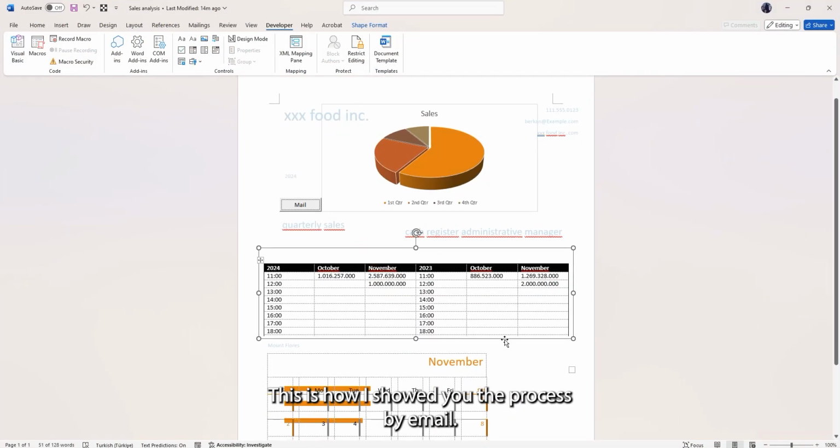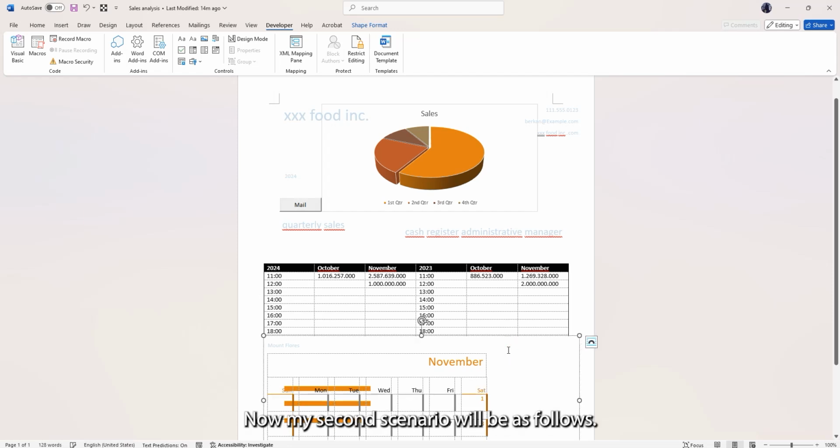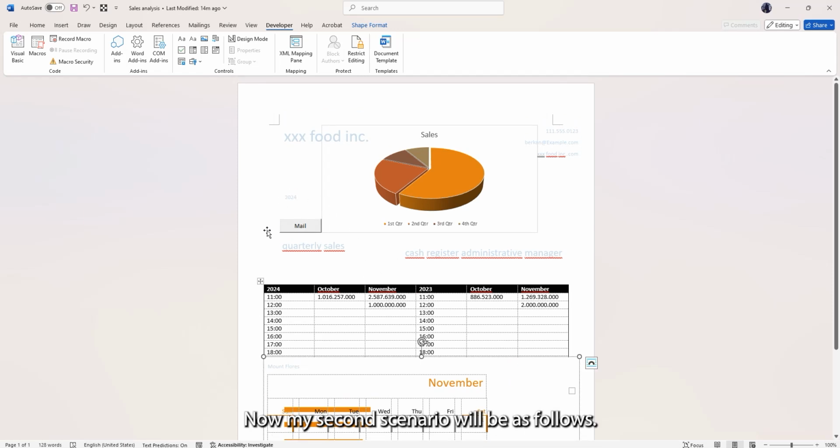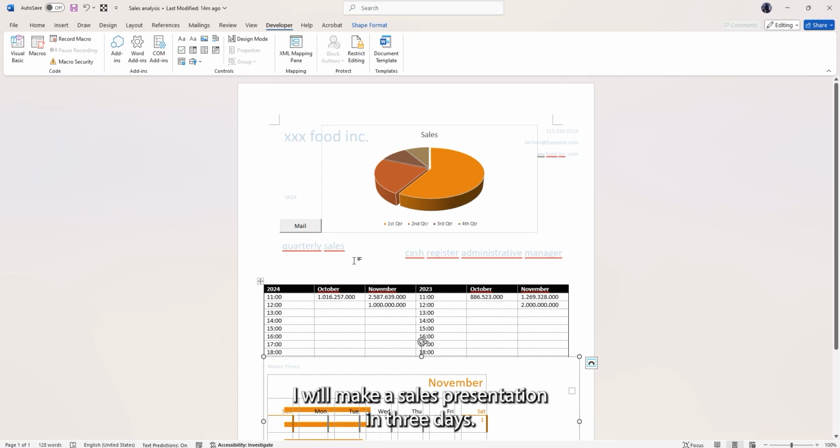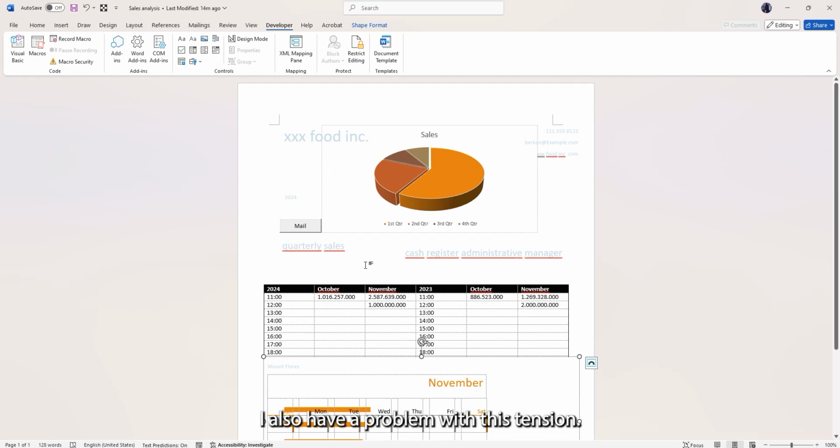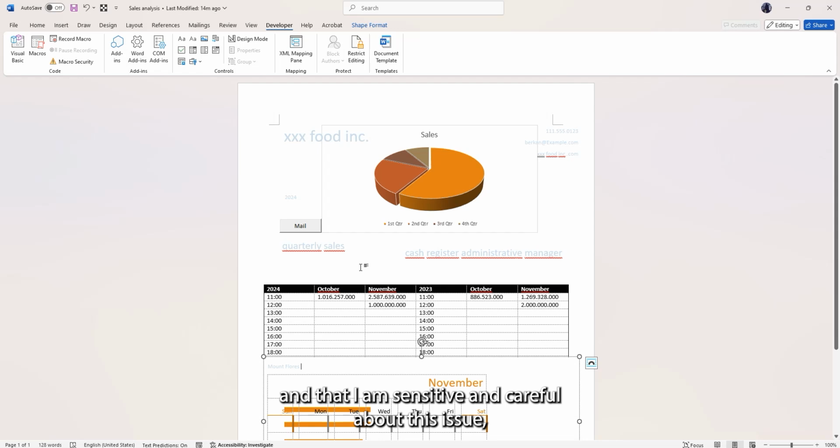This is how I showed you the process by email. Now, my second scenario will be as follows. I will make a sales presentation in 3 days. I will also make a sales presentation about how the increase is quarterly, daily, and hourly. There is a problem with cybersecurity in the company, that is, passwords and usernames have been stolen. There is a tension in the company about this. I also have a problem with this tension. In order to show that I am a practical solution and that I am sensitive and careful about this issue,